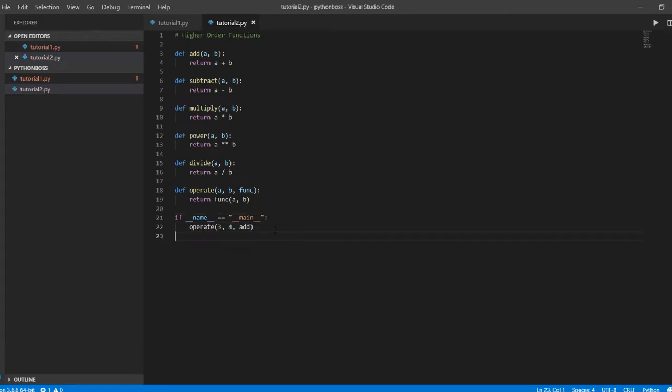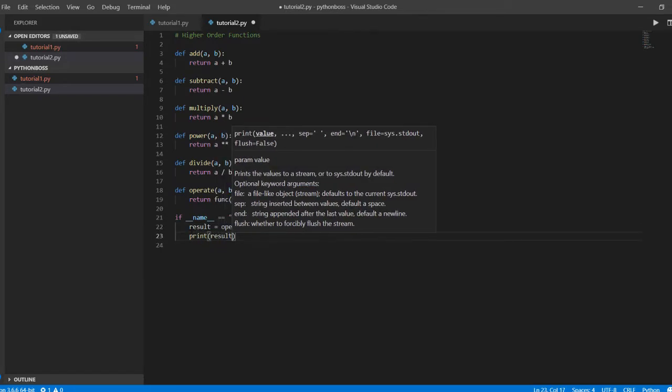Because guess what's gonna happen? My function add is just passed as the third parameter to this function called operate. And what this function does, it calls that function that was passed by giving it two values. So in essence, this operate function allows me to perform anything on two values. So if I assign this to a variable called result, and then I print that result,